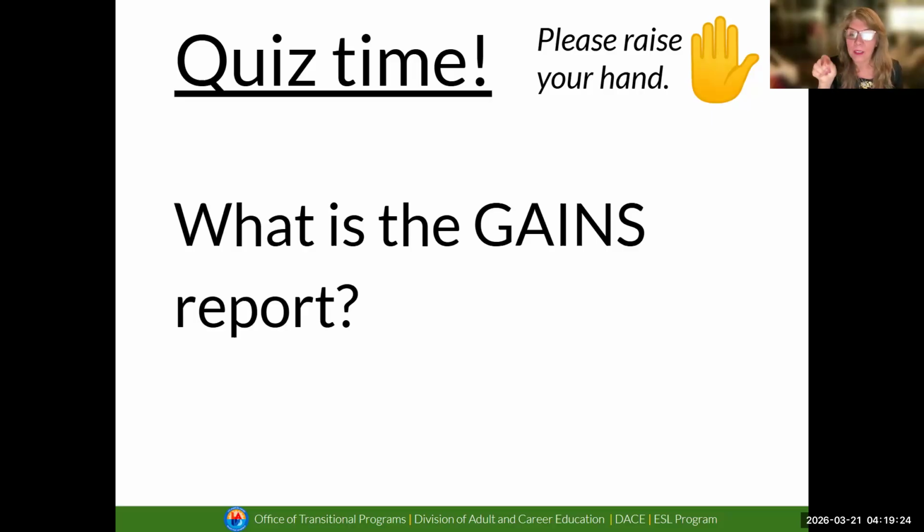And then I also wanted to add, when we added the new listening test to measure listening in addition to the reading, we found out that the listening scores can offset the gains report. It can disqualify a student's gain. So at the very last minute, they ended up not taking the listening because it would take away their gain. So that's good to know.